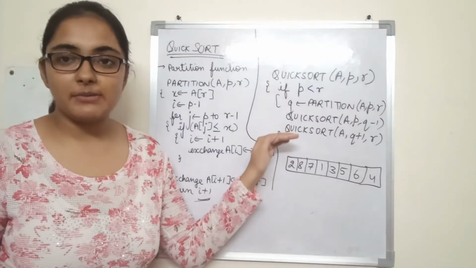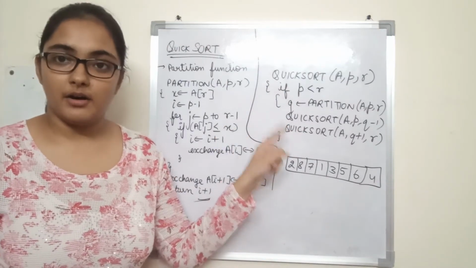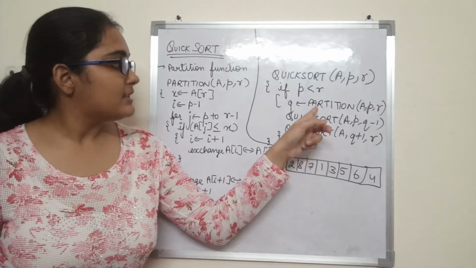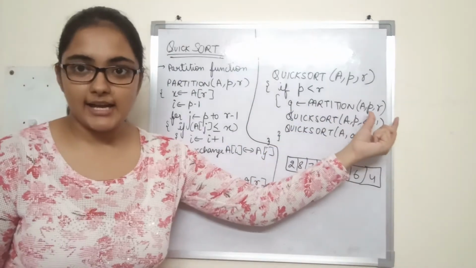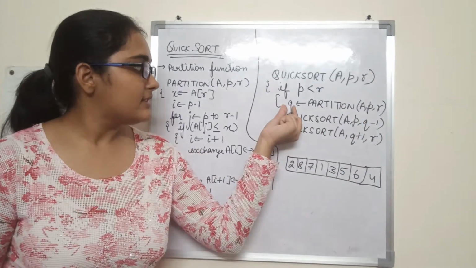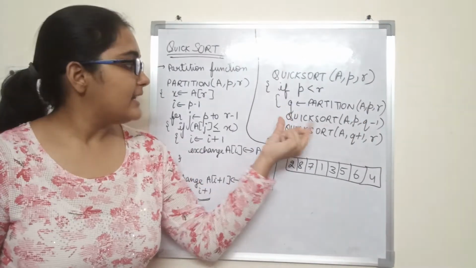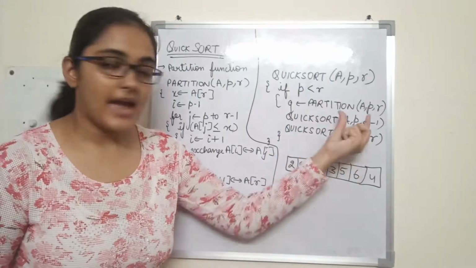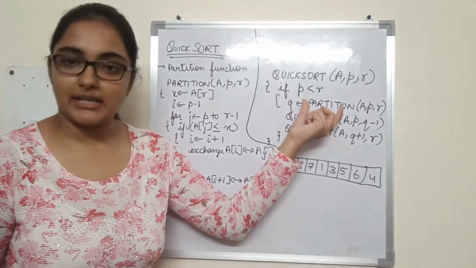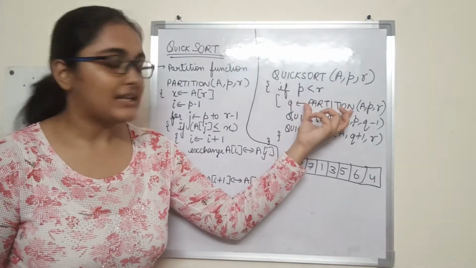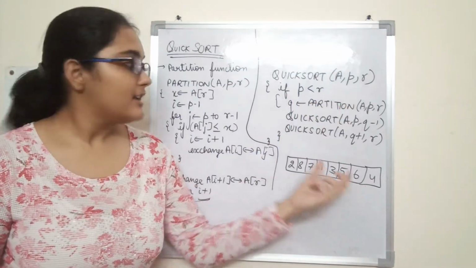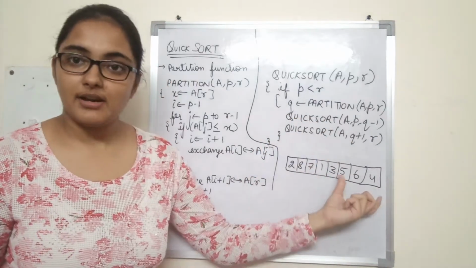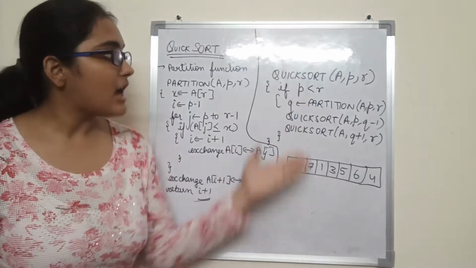Why? Because both of them are based on the divide and conquer programming paradigm, right? So what it does is it first calls partition on the entire array, and then it returns an index q, right? And then it calls quicksort on the two sub-arrays that are formed as a part of partition. That is, partition partitions the array into two parts, so it then calls quicksort on the first part, and then on the second part, right? So that is how quicksort works.